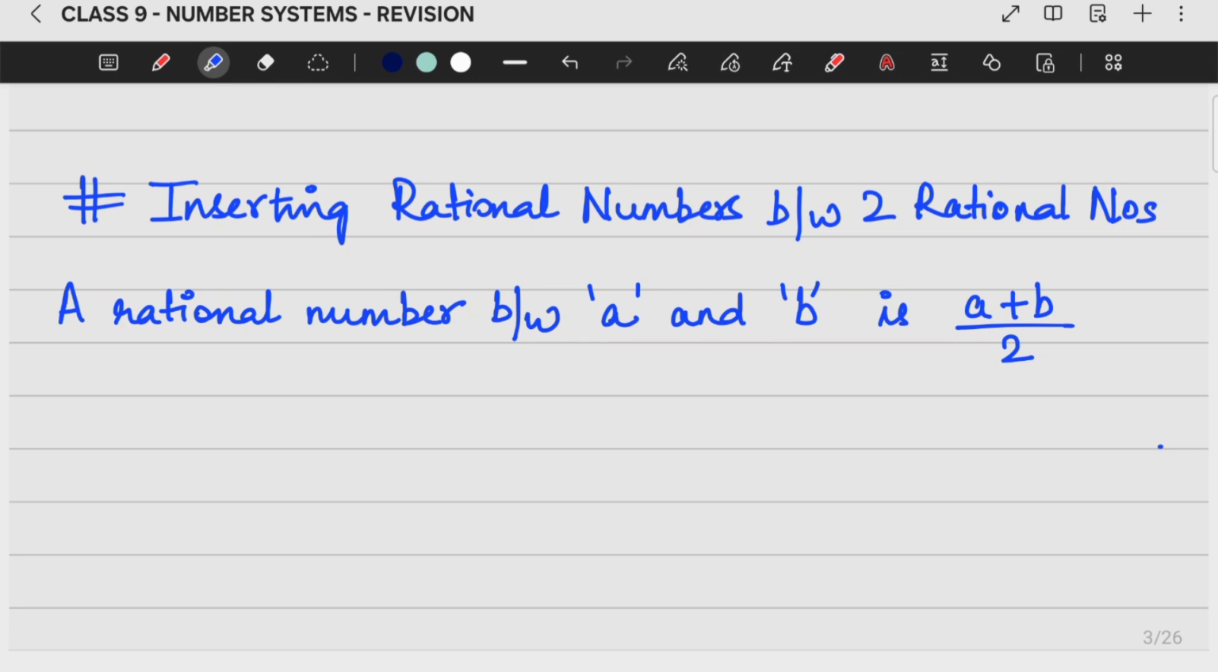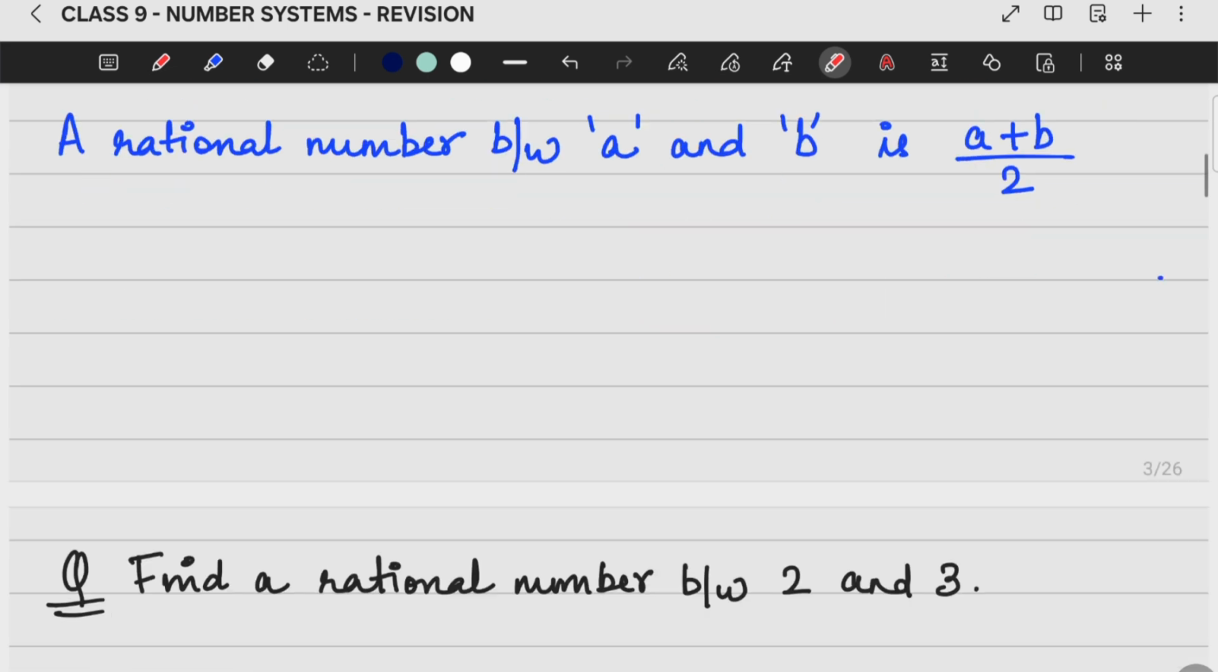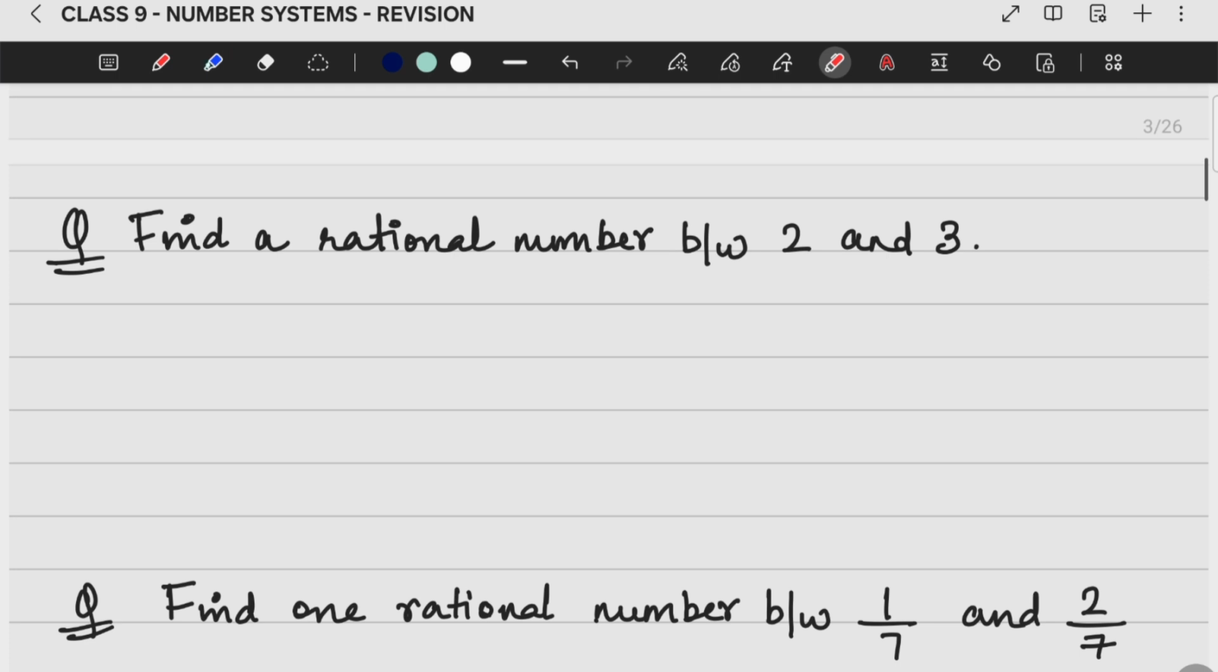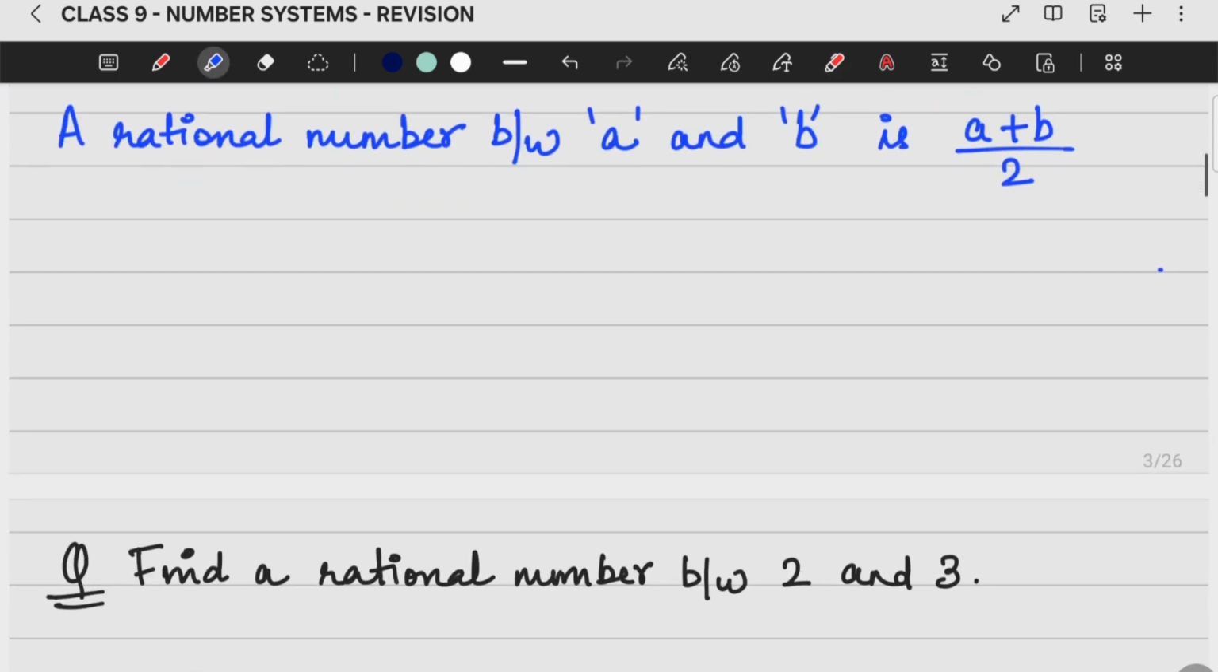Suppose you are given a is one rational number, b is another rational number. So you can find a rational number between a and b using the formula (a plus b) by 2. Suppose you're asked to find only one rational number between a and b, you can use the (a plus b) by 2 formula. So for example, the first question,